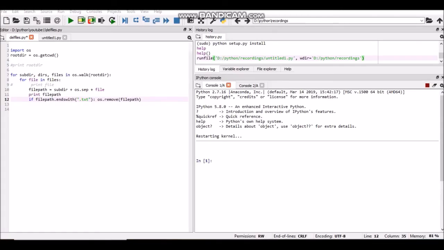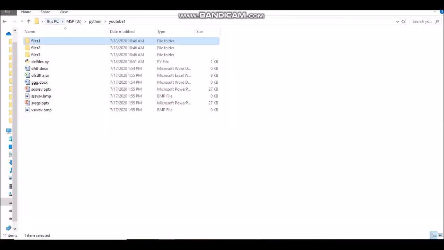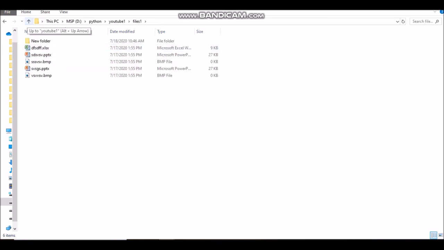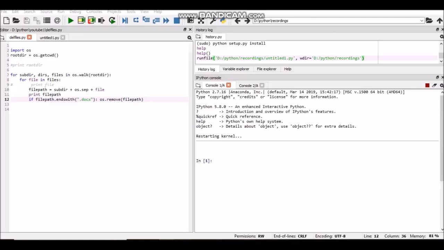One more example I can show you, like I want to remove all documents too. Just change the file extension in the code. I am changing it from .txt to .docx. All these documents will disappear here. Yeah, all gone. Now, if I want to completely sweep the folder structure, like I want to clear everything,